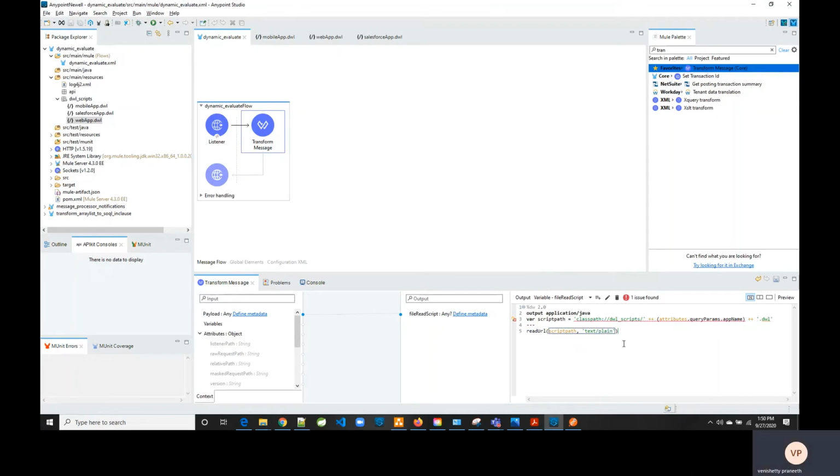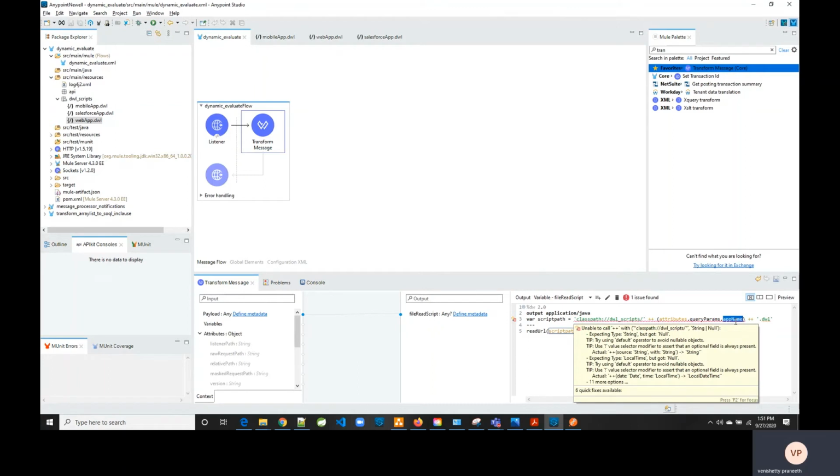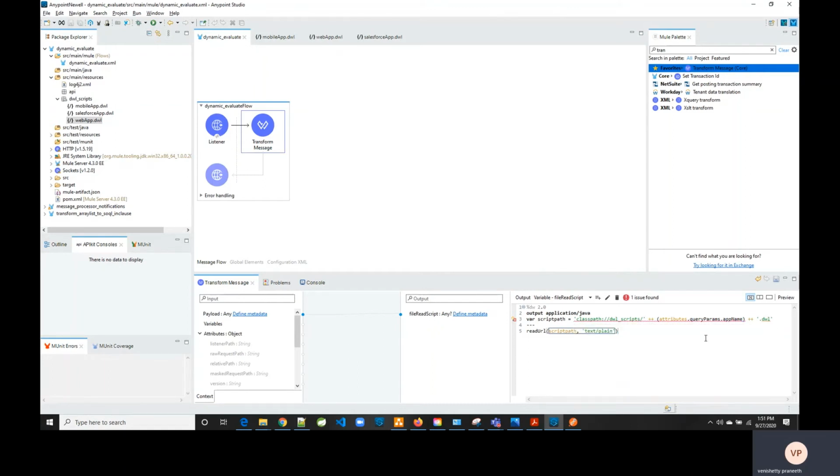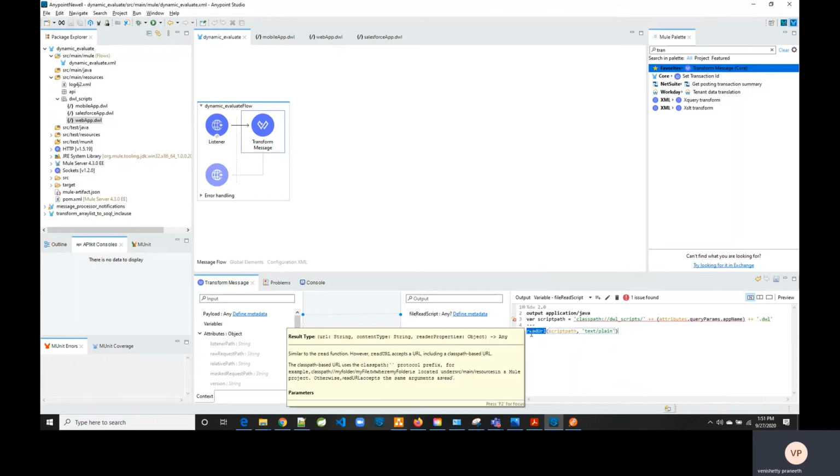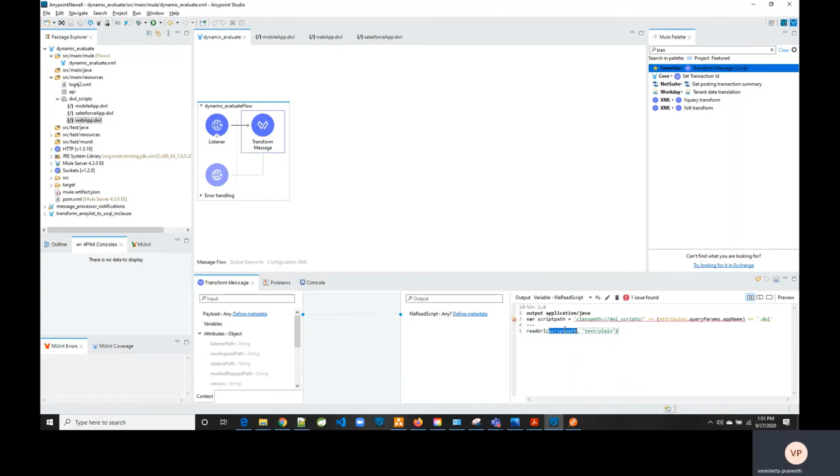Let me again explain what is being done in this variable. We are loading a DataWeave script based on the application name passed in as part of query parameters while invoking our API by the client system. With the readUrl function, we are loading the DataWeave script file and setting the content type to text/plain. So now the script will be saved into the file read script variable.